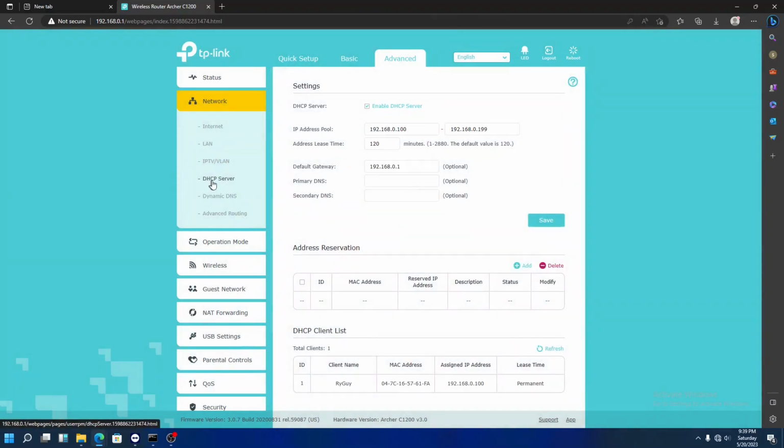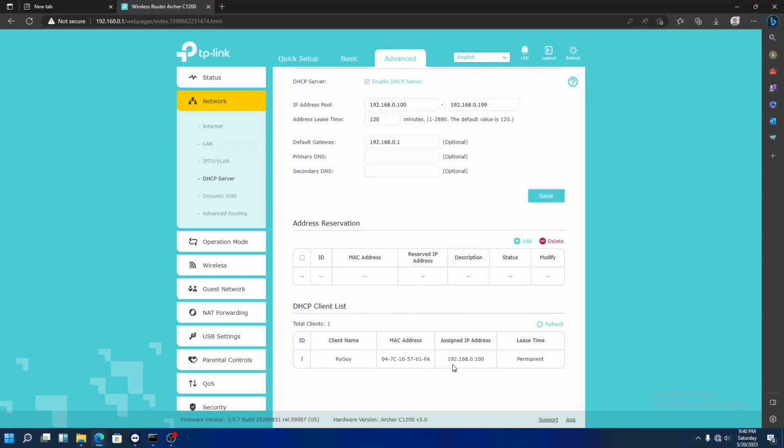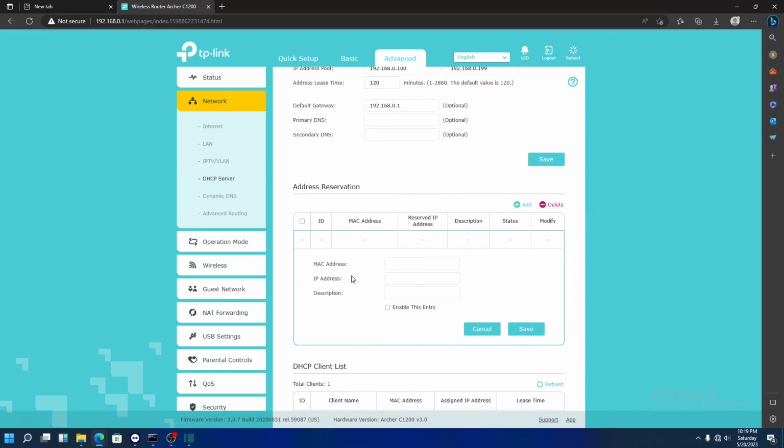So for our DHCP server, here goes our IP address pool. It looks like we can pull from about 100 IP addresses. Here goes our address lease time, or how long they are allowed to have it. So if we can see, here goes my current IP address here. So what I want to do is add a new address reservation. I'm going to type in my MAC address, and I am going to type in the IP address that I want. So let's go with